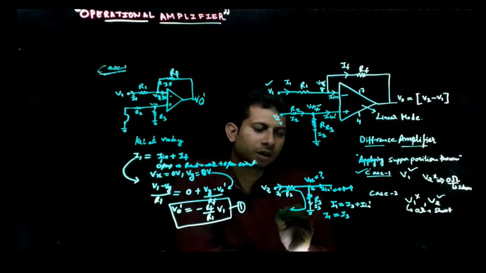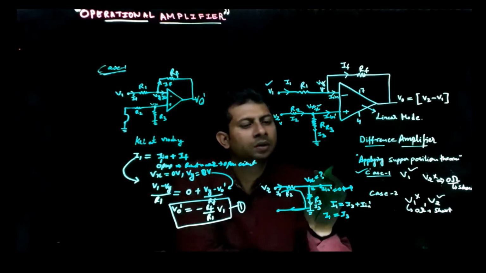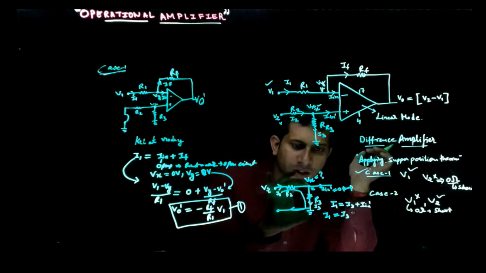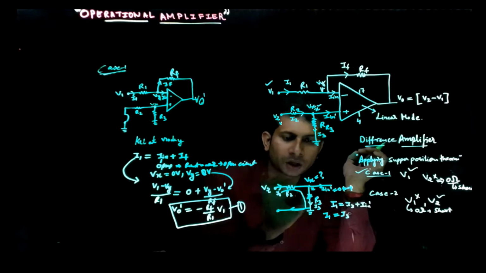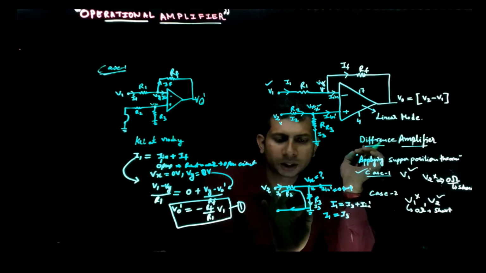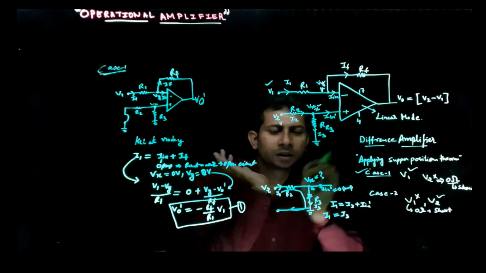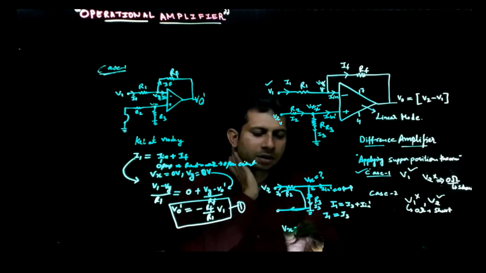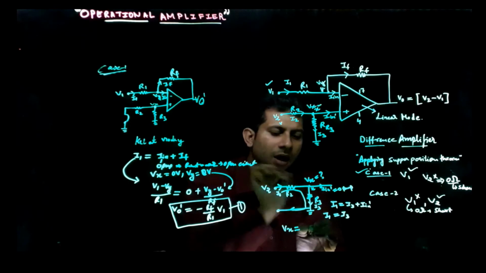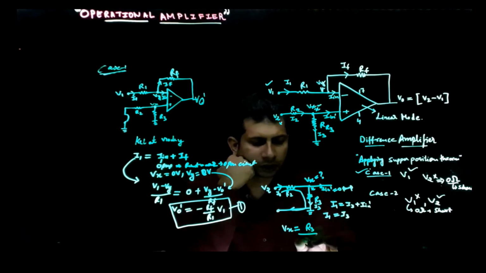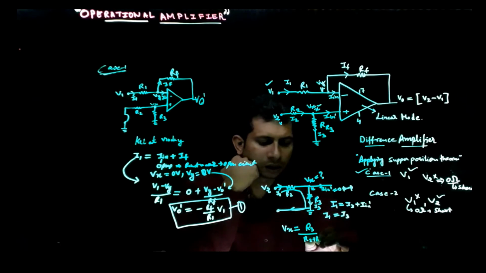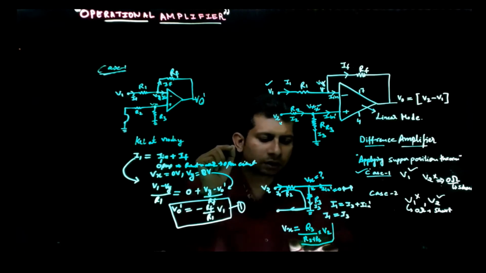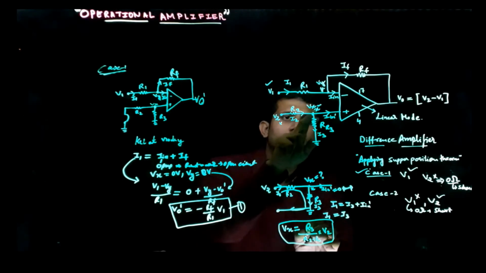Okay, now we have to calculate Vx. And what is Vx? Vx is the voltage developed across this resistance R3, and we can observe that this is a simple voltage divider circuit, so by applying the voltage divider rule, Vx is the voltage developed across this R3 resistance. That means R3 divided by R2 plus R3 times the applied voltage, which is V2. That means this is the voltage at this node.